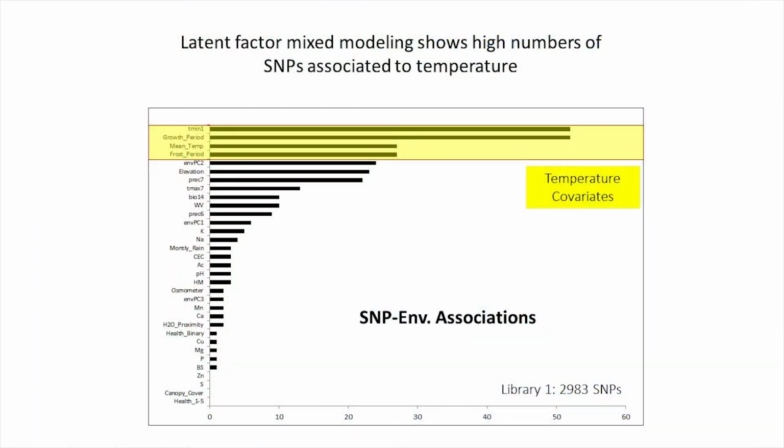And really what we're getting down to is looking for particular associations of individual genes to environmental gradients, suggesting that they might actually be under selection. So we found many genes were correlated to these factors of temperature, so minimum temperature in January, the growth period average, mean temperature across 50 years, and the frost-free period, which is estimated from some of those variables. So temperature is very clearly a major factor in shaping the evolution of plants.